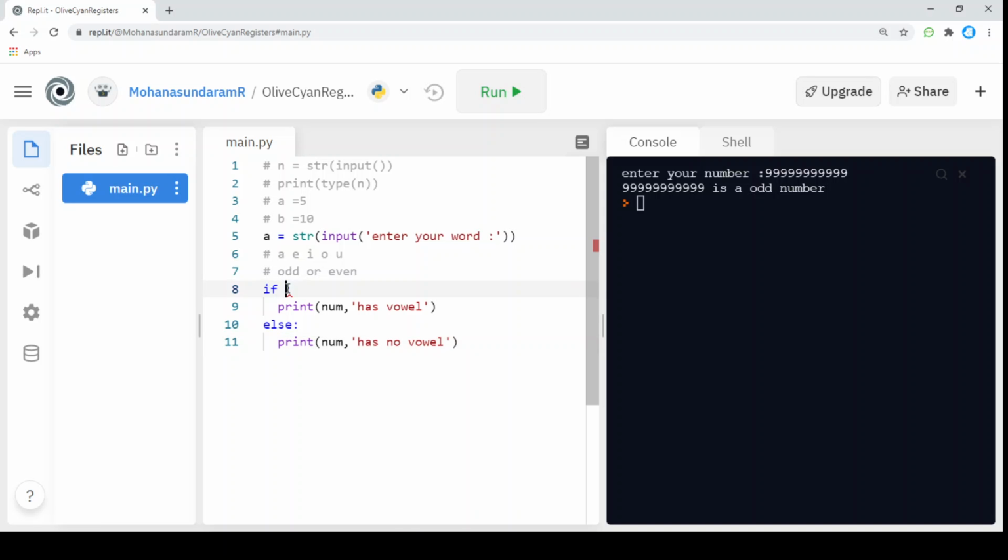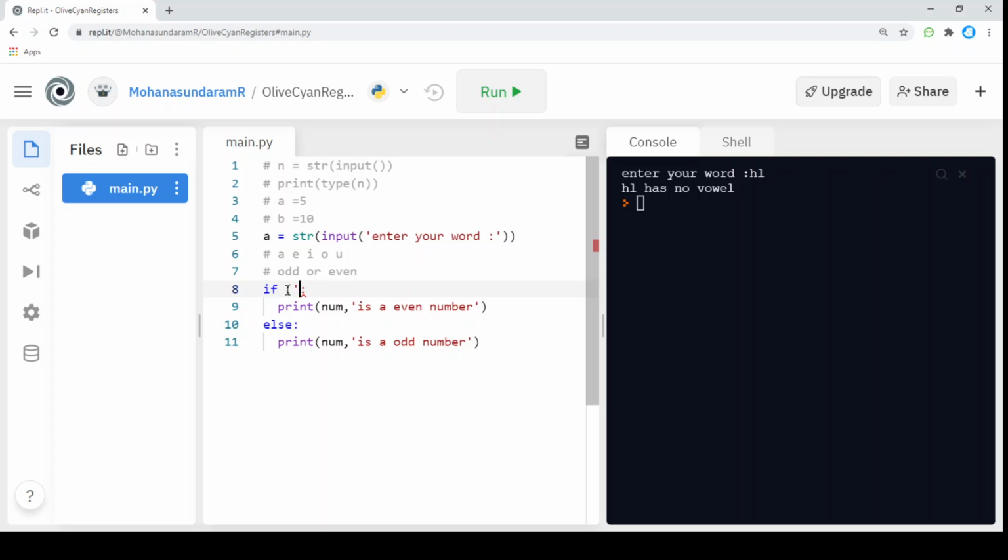The condition I'm going to pass to check for vowels is this: first I'm going to create a parenthesis here, and I'm going to pass the vowels here.